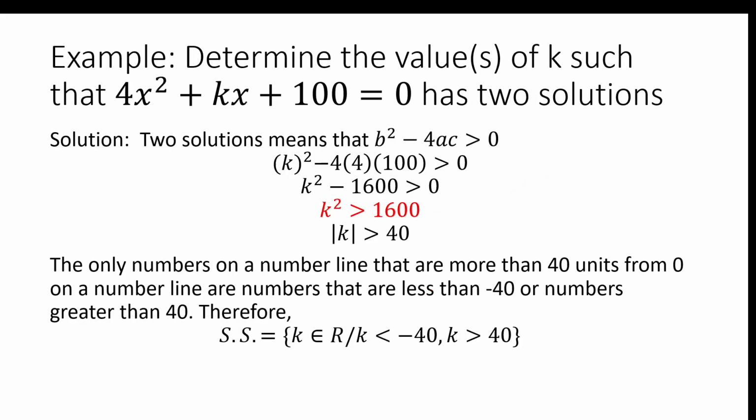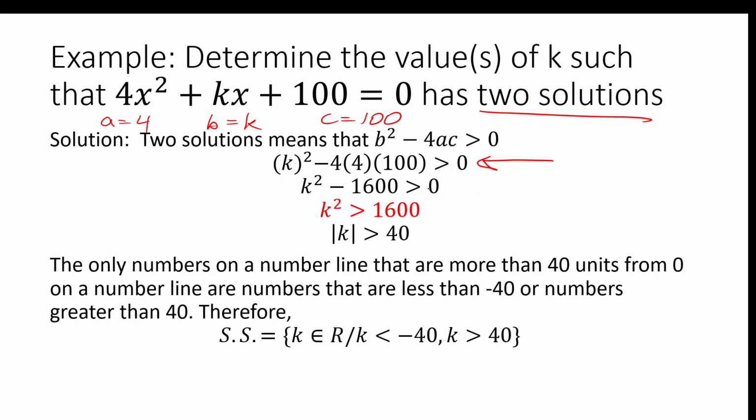Now, what if we wanted to determine the values of k such that the expression 4x squared plus kx plus 100 had two solutions? Well, we would see that a is equal to 4, and b is equal to k, and c is equal to 100. And so, since it has two solutions, we would see that b squared minus 4ac would have to